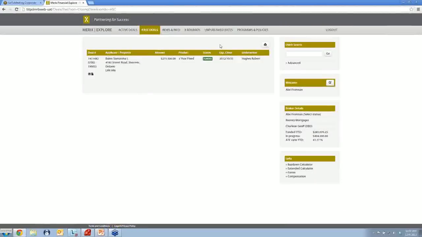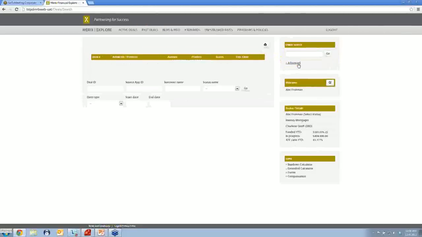Okay, so that is how you're going to look up your current deals, your active deals and your previous deals with MERIX. Now, you will be able to do a search by name here in the top right-hand corner. And if you do need an advanced search, it will give you the option to do that as well. If you click on the advanced button here, you'll be able to search by things like deal ID, source app ID, so that's your ID from your Filogic submission that you sent in,